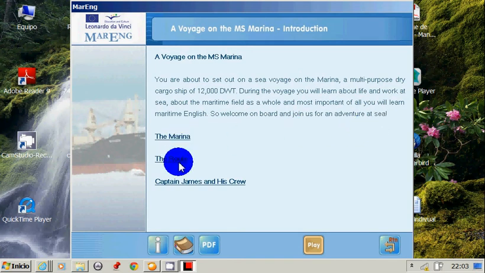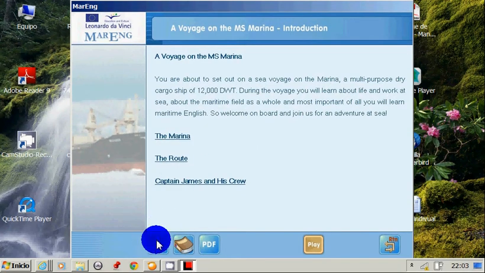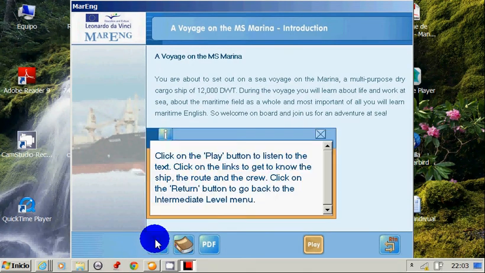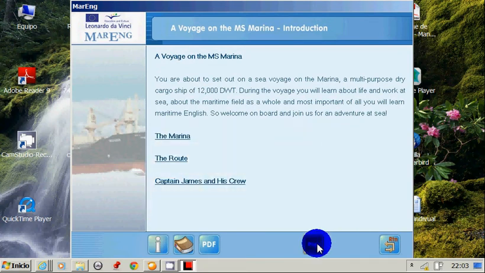As we see, we have different lessons in every single unit. Here, as the icons, we have the icon I for information, which introduces you to what to do in the platform. For example, it says: play button to listen to the text. Click on the links to know the ship and the route of the crew. Click on the return button to go back to the intermediate level menu. We click on X and it shows you that we can push play. When we do push play,